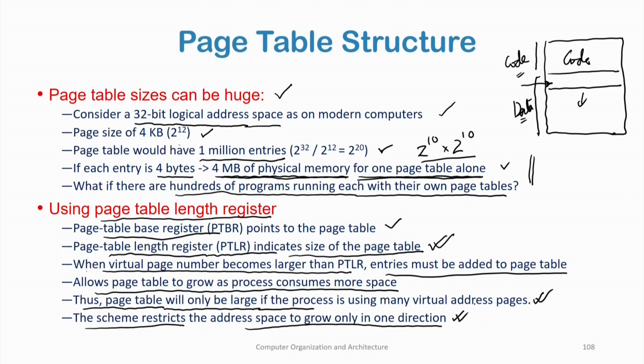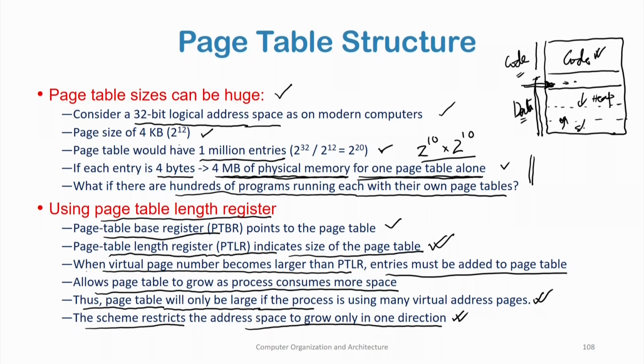Okay. What is the problem that we are saying? The problem that we are trying to indicate is as follows. As we said, this is the code segment and this entire part is the data segment. This is the static part of the data segment, which contains the global variables in the process, and I have a heap segment, let us say, which grows downwards,